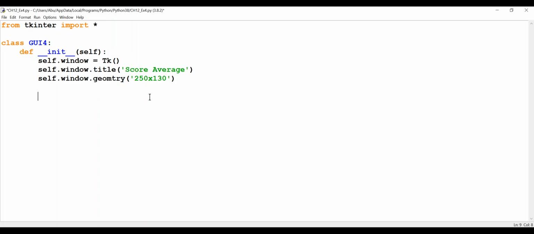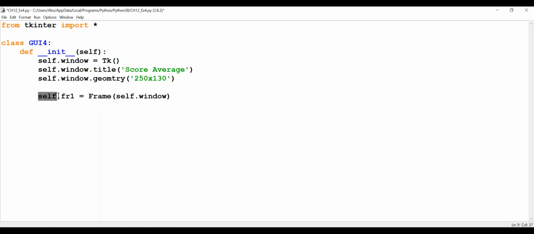Now we are using object-oriented, so we have to start by self. Give your frame a name. So frame, maybe I can call it FR1. No need to call it frame. It's easier for us to type. So frame. Similar to other applications, we use frame method self dot window. So I'm placing it where my frame 1 or FR1 is placed on window, and we will do this for